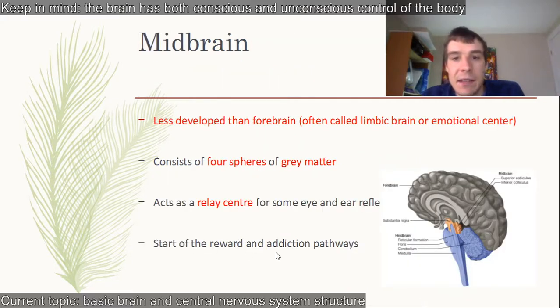The midbrain is less developed. It's sometimes called your emotional center. Really the very, very basic emotions: fear, hunger, that kind of thing. It does act as a relay center for some of the eye and ear stuff, because the eyes are right in front of it and the ears are right next to it. But it's also where all the dopamine in the brain is basically made and projects from. So reward and